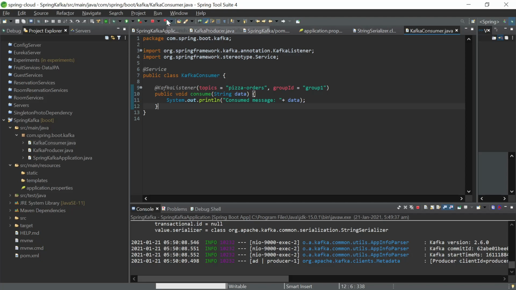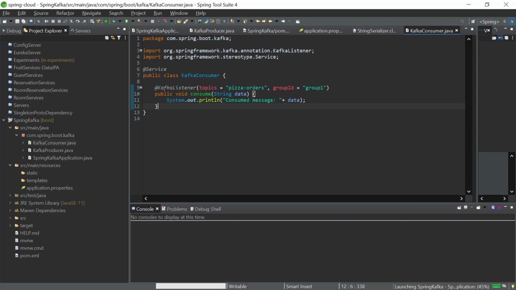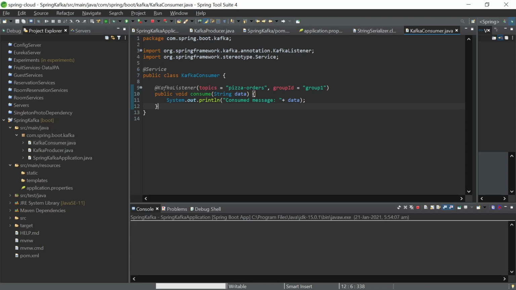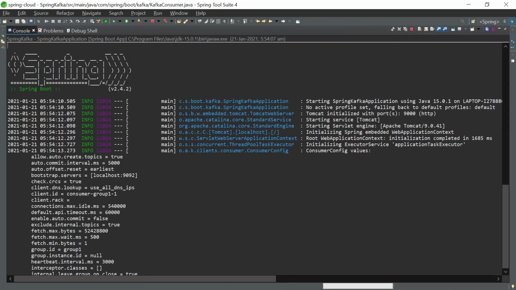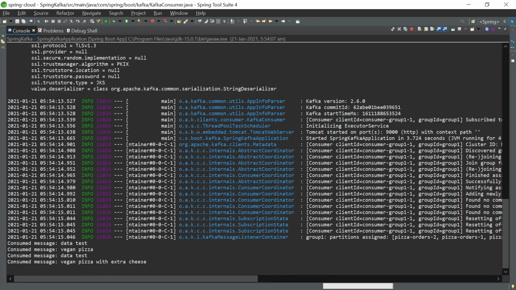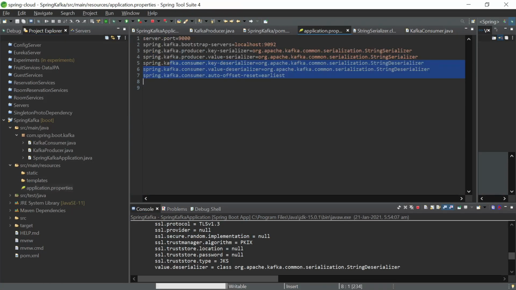So we'll just restart this. And if you see, we are consuming all those messages that were produced a few minutes ago. Now the reason why this is happening is because of this particular property that we set here, earliest.